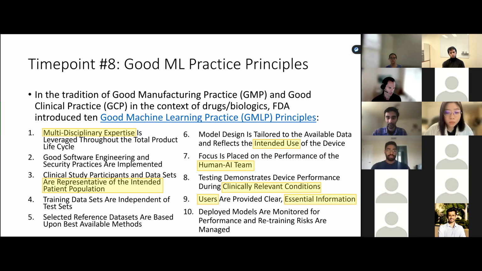And then the last point I'd highlight here. So, I think you want to always note who's your user, right? In this case, FDA is noting, hey, look, it could be a healthcare provider or it could be a patient, and you need to be providing them with essential information. And what counts as essential information will likely differ between whether that individual is a healthcare provider or whether that individual is a patient. And in the further sort of discussion of the GMLP, for essential information, they note, hey,